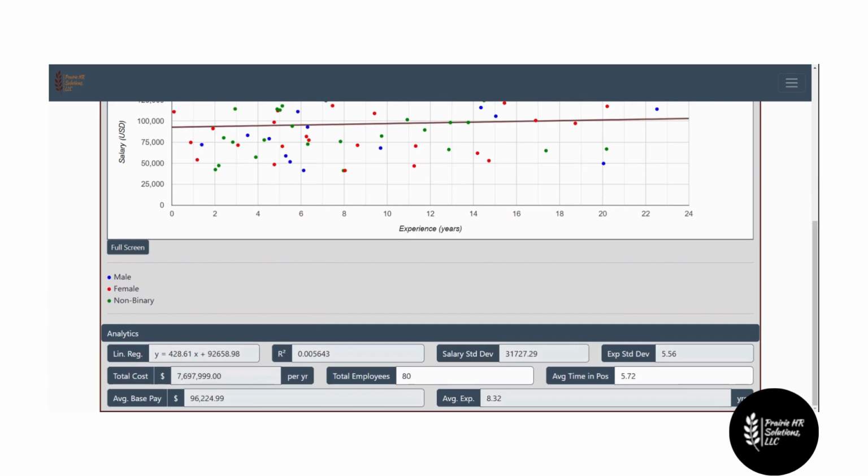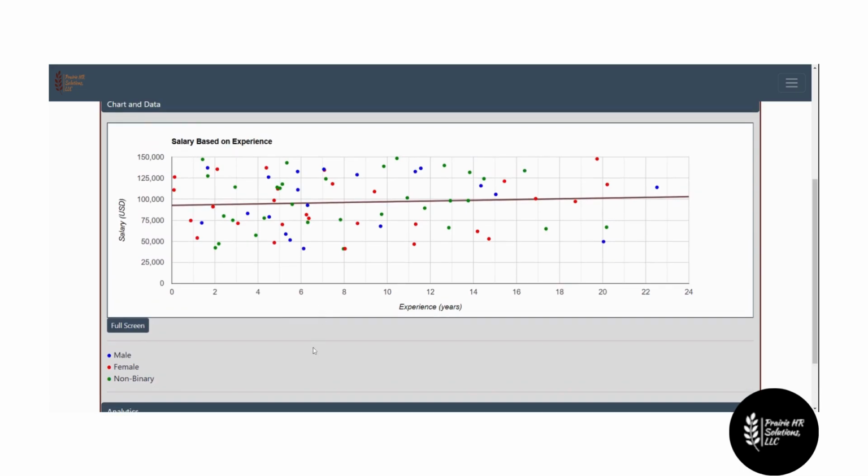The perfect correlation is 1.0. And this correlation here is 0.005, which means that there is a very minuscule correlation that our salary is increasing by experience. And the reason for this is obviously just because our data is, well, all over the place. It doesn't really fit. There's so many examples to where that's not the case that is throwing our correlation off. Now, this is just randomized data, so, it is what it is. Typical companies may look like this, but then they may look differently and maybe a little